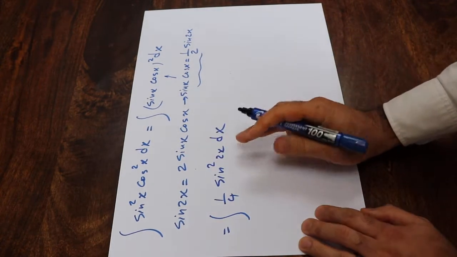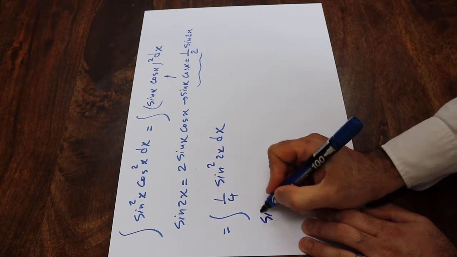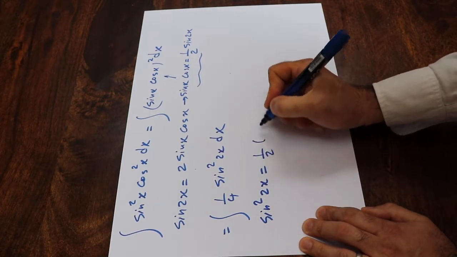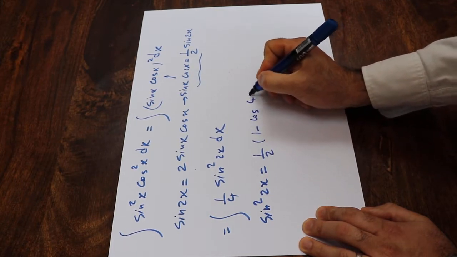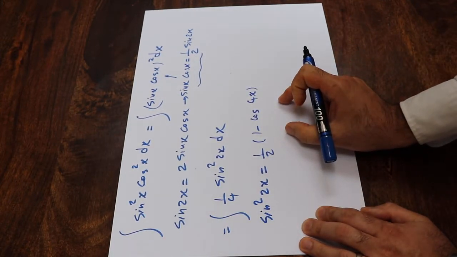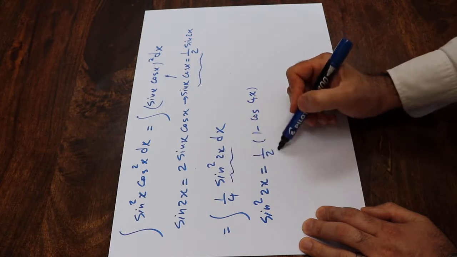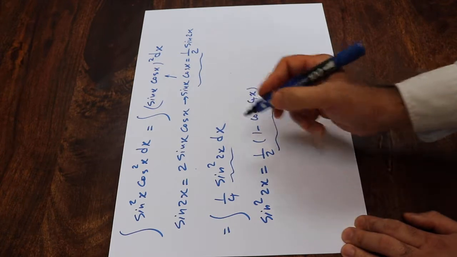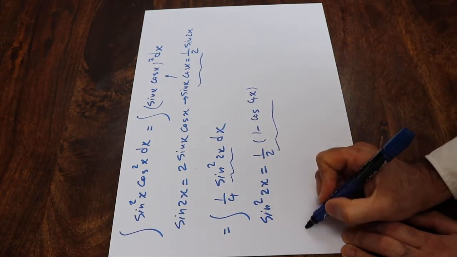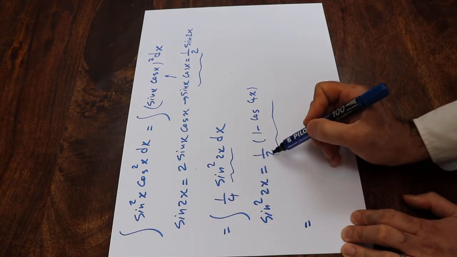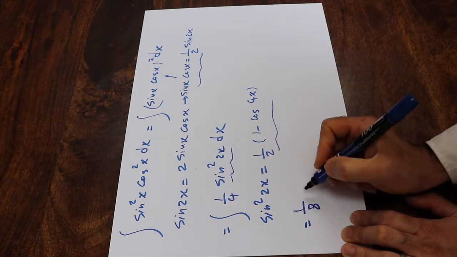From trigonometry we know that sine squared 2x is equal to 1 divided by 2 times (1 minus cosine 4x). That is from trigonometry, you should know that. Now you can substitute sine squared 2x with this expression. If you do that, the integral will be equal to 1 divided by 4 times 1 divided by 2, which is 1 divided by 8, and that's a constant, I take it out